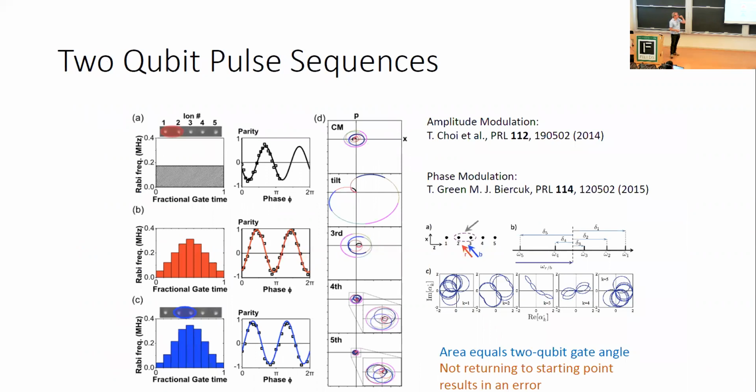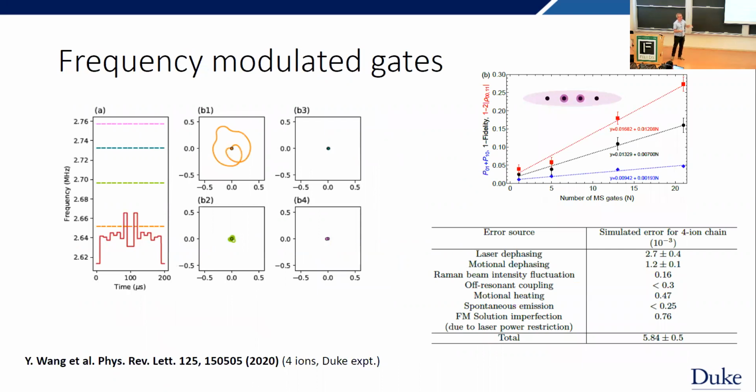The earliest work using multiple modes here would use amplitude modulation. Mike Biercuk's group worked on phase modulation. My group has been working on frequency modulation, and this is our experiment with the best results. We have this discrete frequency modulation. These are pictures of the phase space trajectories. These units are quanta of position and momentum. It's kind of funny. It looks like this mode is going all over the place, but it's still basically the ground state wave packet moving on top of itself. It's more or less invisible.